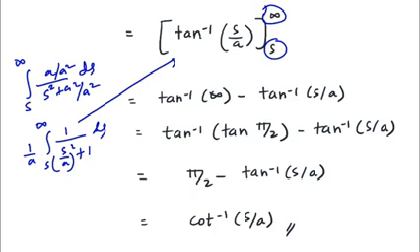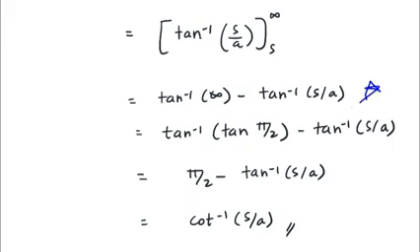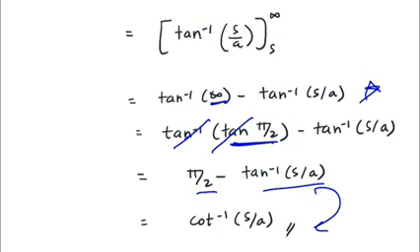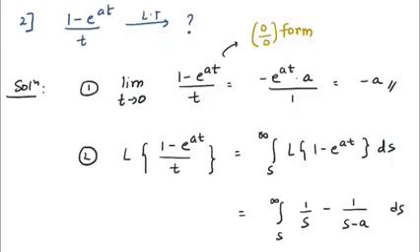So infinity you have to plug in first instead of s, so you will get the term tan inverse of infinity, then minus tan inverse of s over a. But this is not the final answer. You can simplify it further, because infinity can be written as tan of pi by 2, and tan inverse of tan theta is theta, so it would be pi by 2, and this is as it is. But the next part is the trigonometry relationship. Pi by 2 minus tan inverse theta is equal to cot inverse theta. So the final answer is cot inverse of s over a. I guess the idea is clear for you guys. First step is to check the limit, and once the limit is existing, then the next step is to solve the integration.